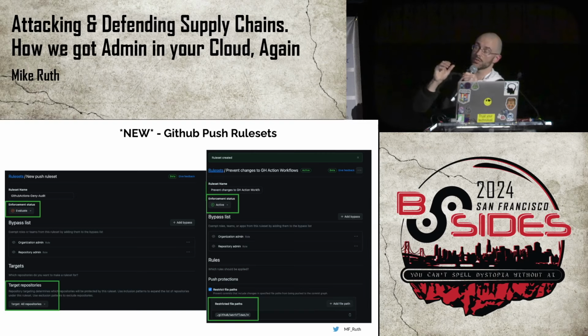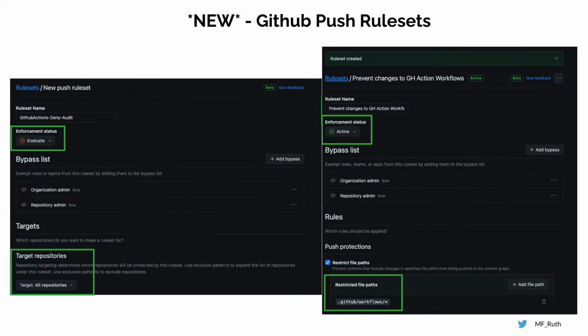In fact, you won't even be able to push changes that violate this. So it's even before any of the other triggers that might occur. Now, if you're afraid of that breaking anything, which is quite reasonable because it's still in beta, you can put